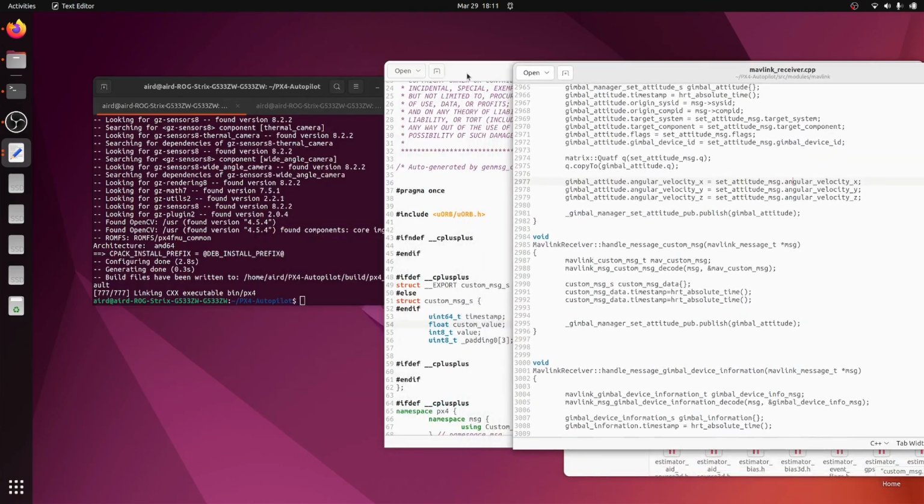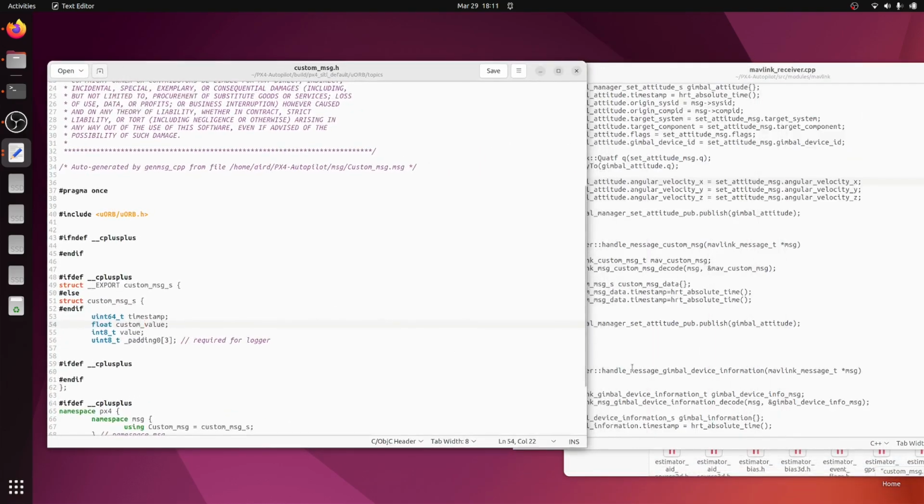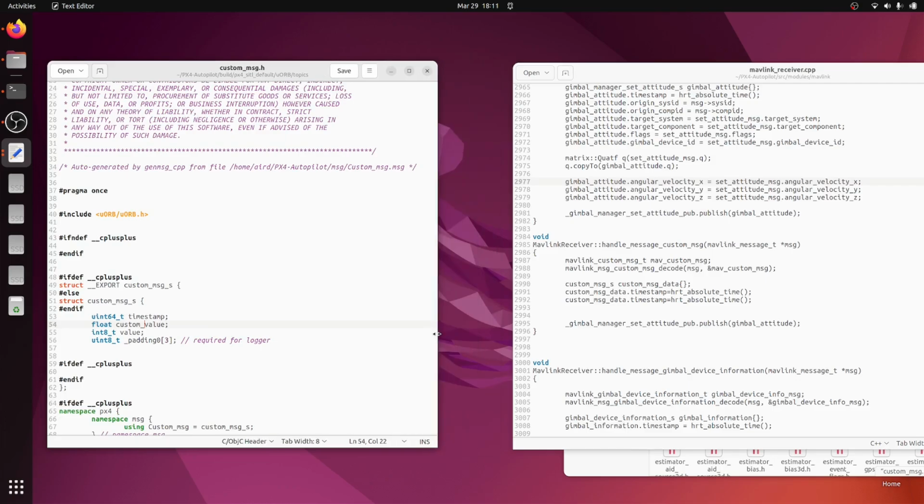Let's just adjust the size so I can show you here. Alright, so we have custom_value and the value. Okay, so let's just set these two messages as well, custom_value. Okay, and let's call this object and pass the